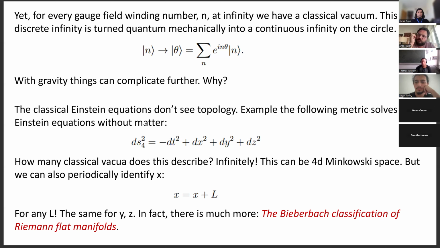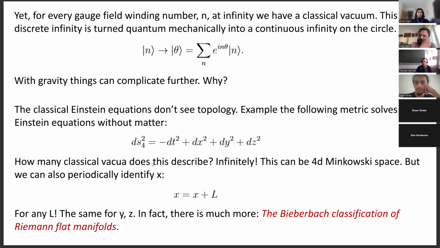So let's do the same for gravity. Let me take pure Einstein equations, no matter. Just like I had pure QCD, no fermions. And then we all know, what kind of solution solves the Einstein equations? Well, the solution with the most amount of symmetry is just what we sometimes call flat space. Minus dt squared plus dx squared plus dy squared plus dz squared. So you'd say, well, that's a unique vacuum. It's actually not true. This is an infinite amount of vacua.